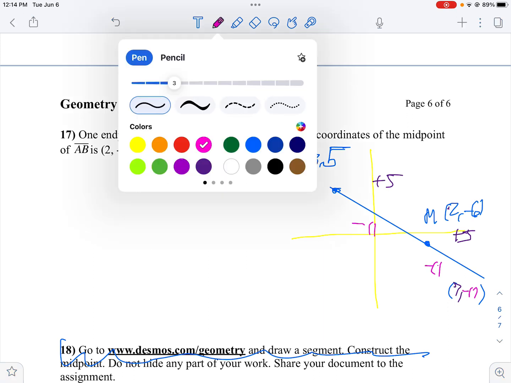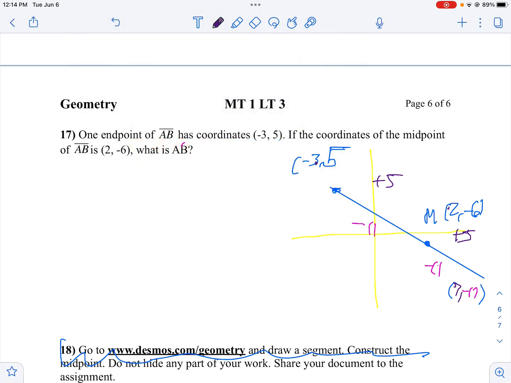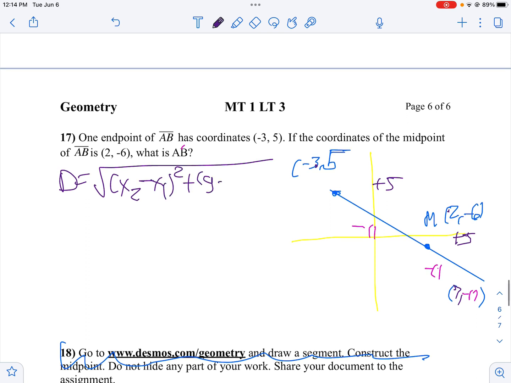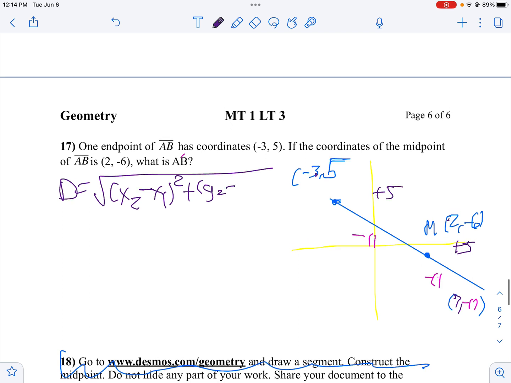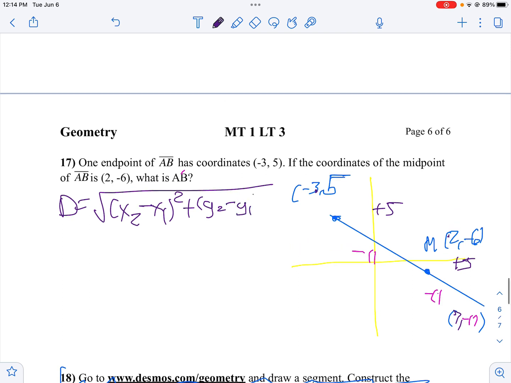Now that I found my endpoint, I can use my distance formula. That distance formula shows up all over the place. So subtract your x's, squared, subtract your y's, and we'll square those. So I'm going to say, I'll go my endpoint first, 7 minus a negative 3, although it doesn't matter which order you do it, plus negative 17 minus 5